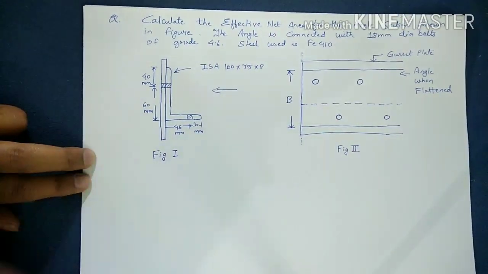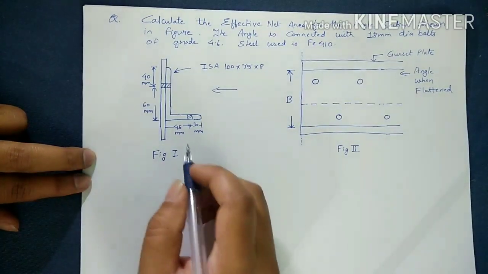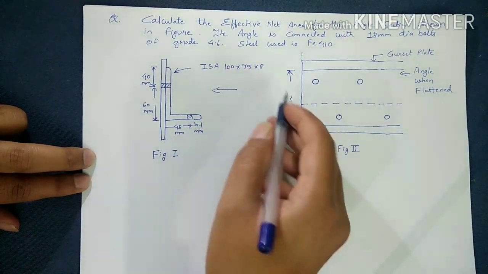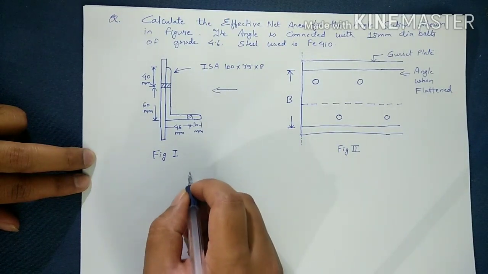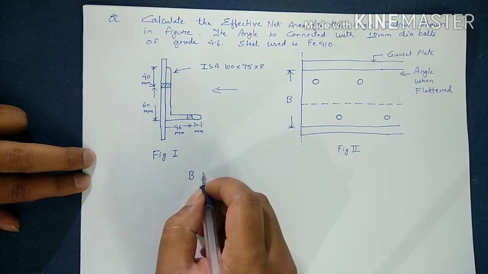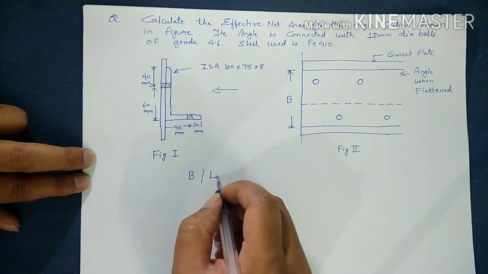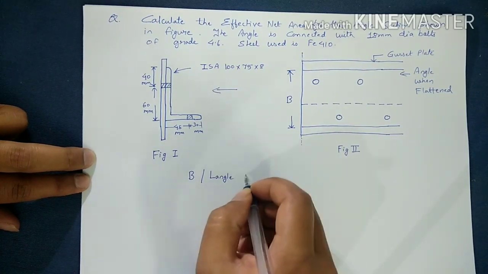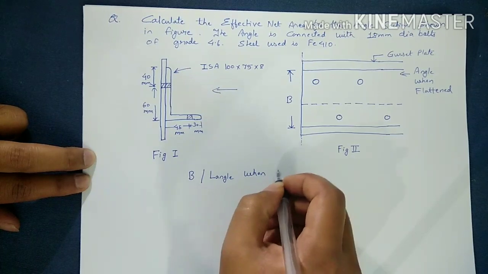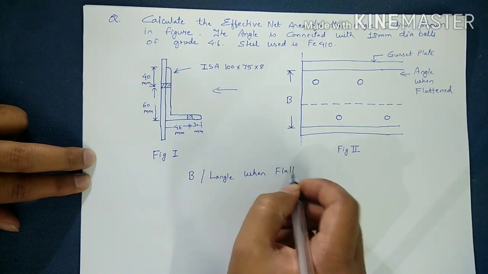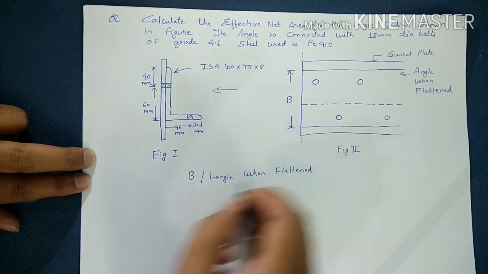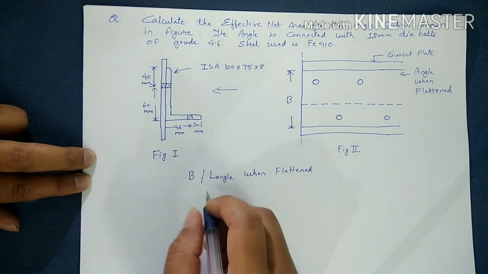As I have taught you earlier, if you have to find width or length of an angle when it is flattened, we can calculate by this formula,